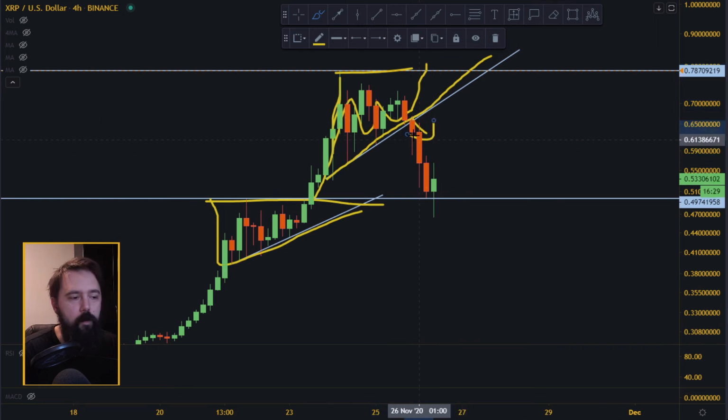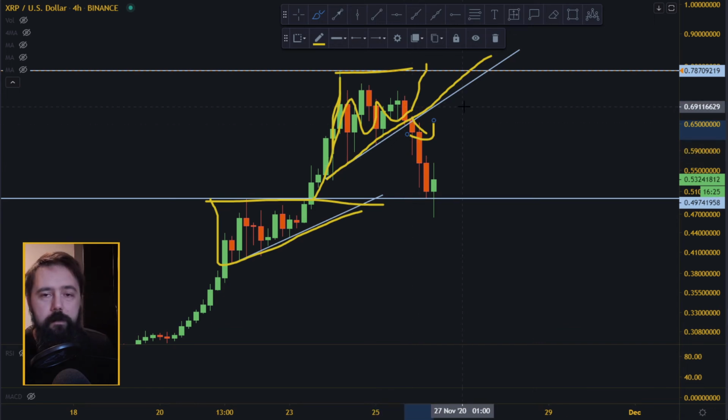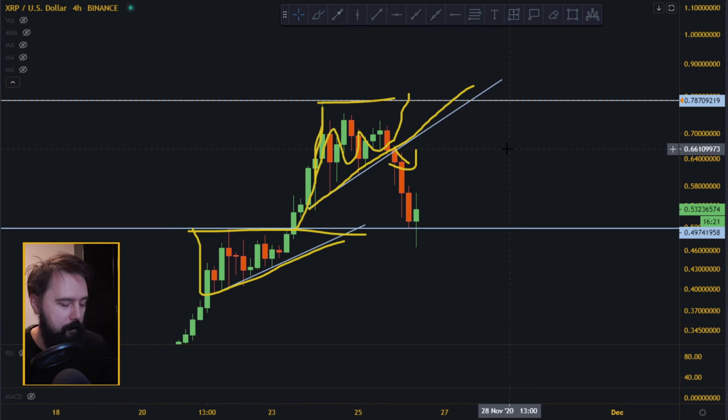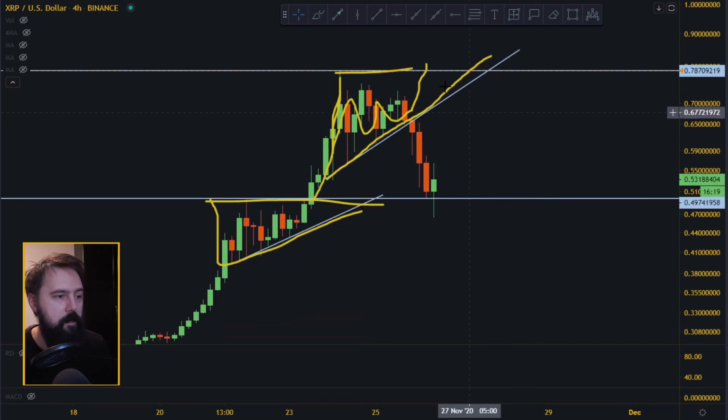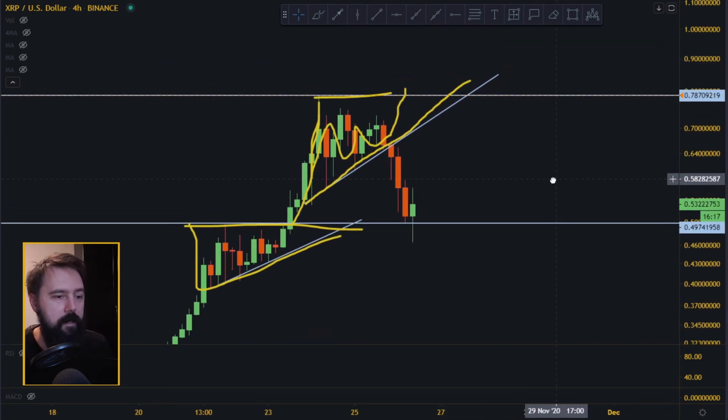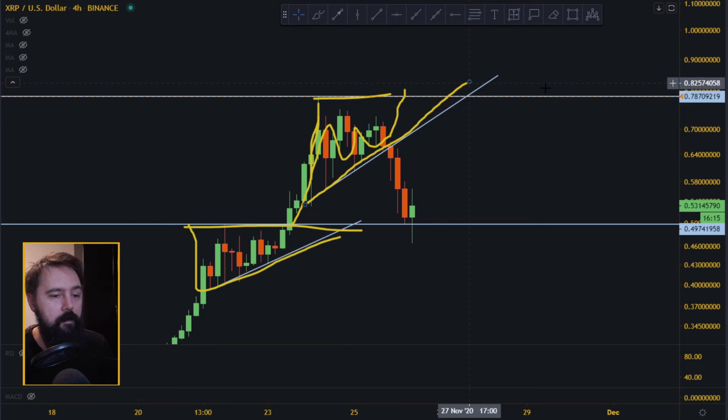Once we broke on the downside, I kind of knew this was going to be bad. That was another indicator for me that this was going to be a big drop, because I was expecting it to go on the upside. Also, there are other coins that haven't been performing the way they should have been. Everything was kind of stalling and just waiting, especially Uni.